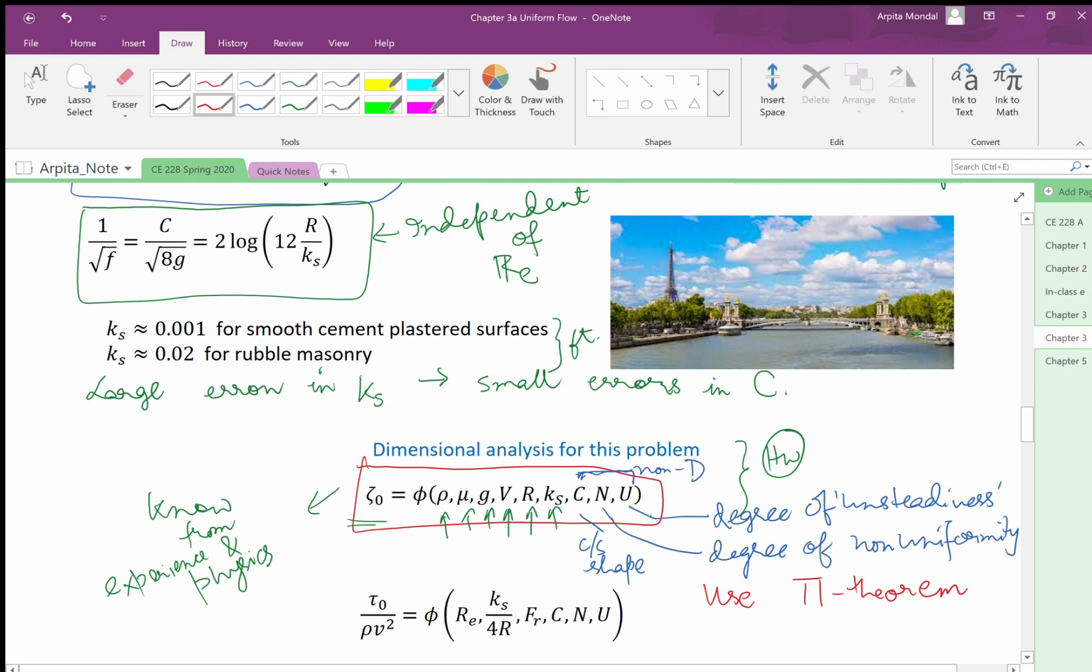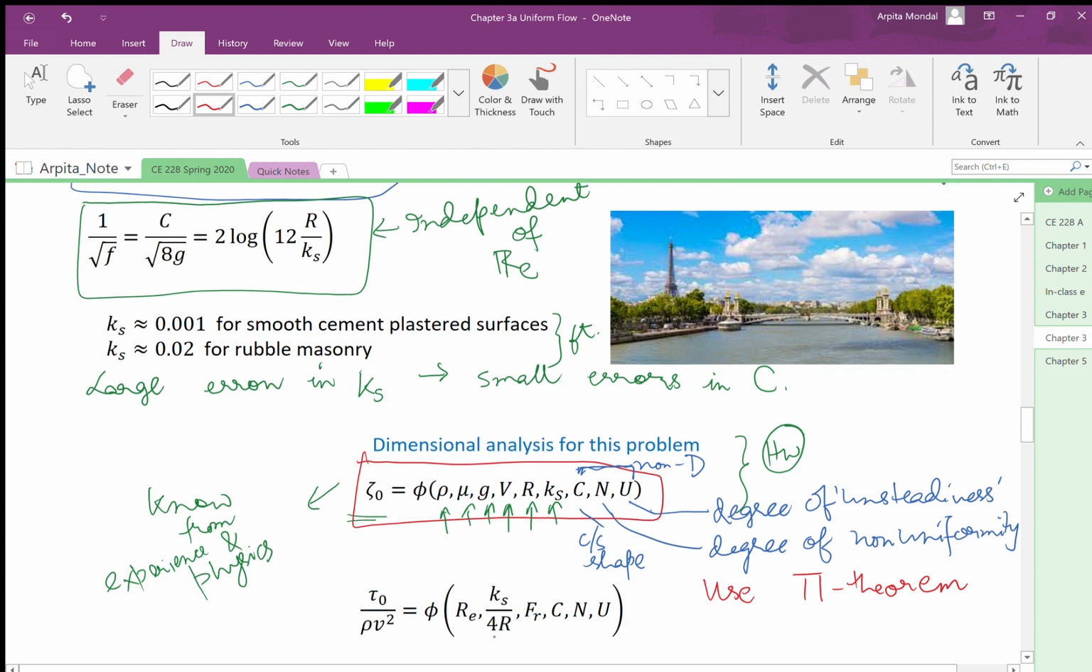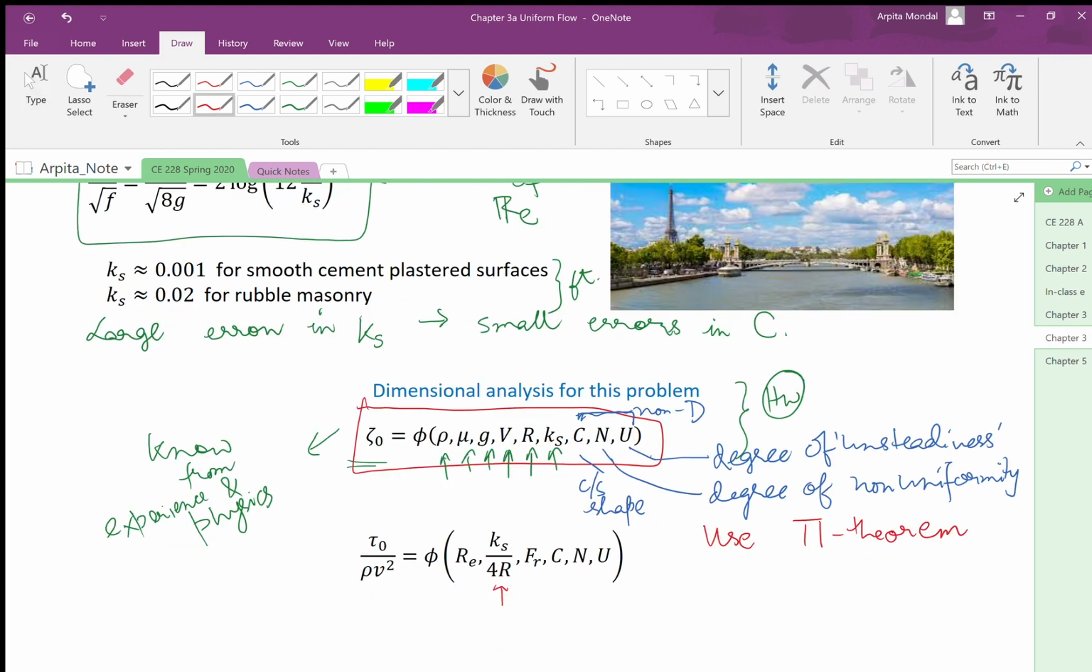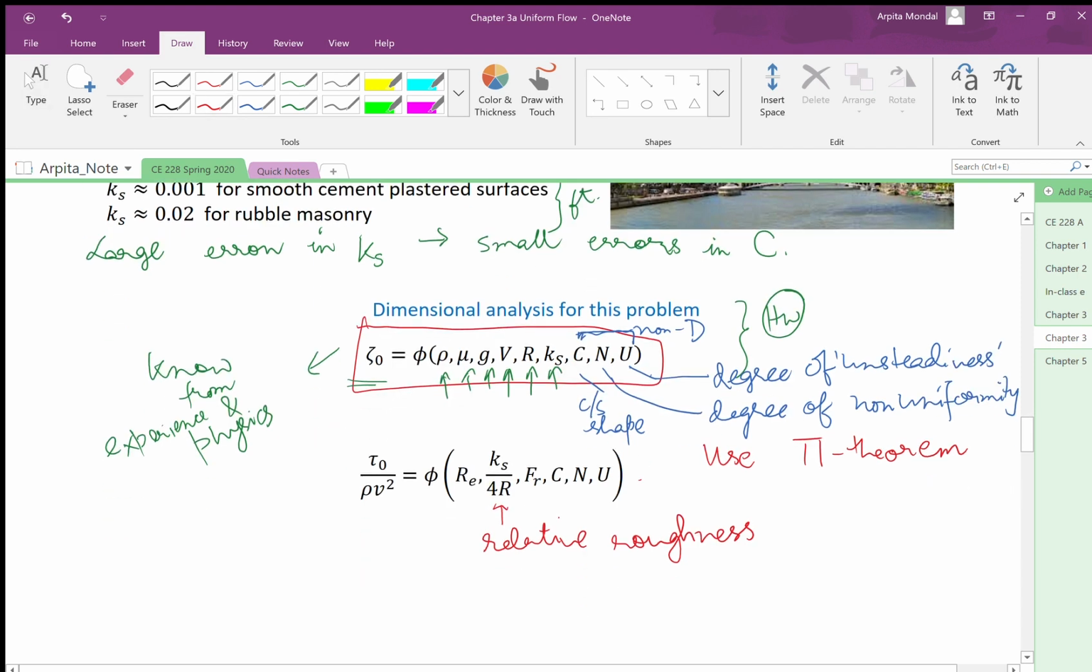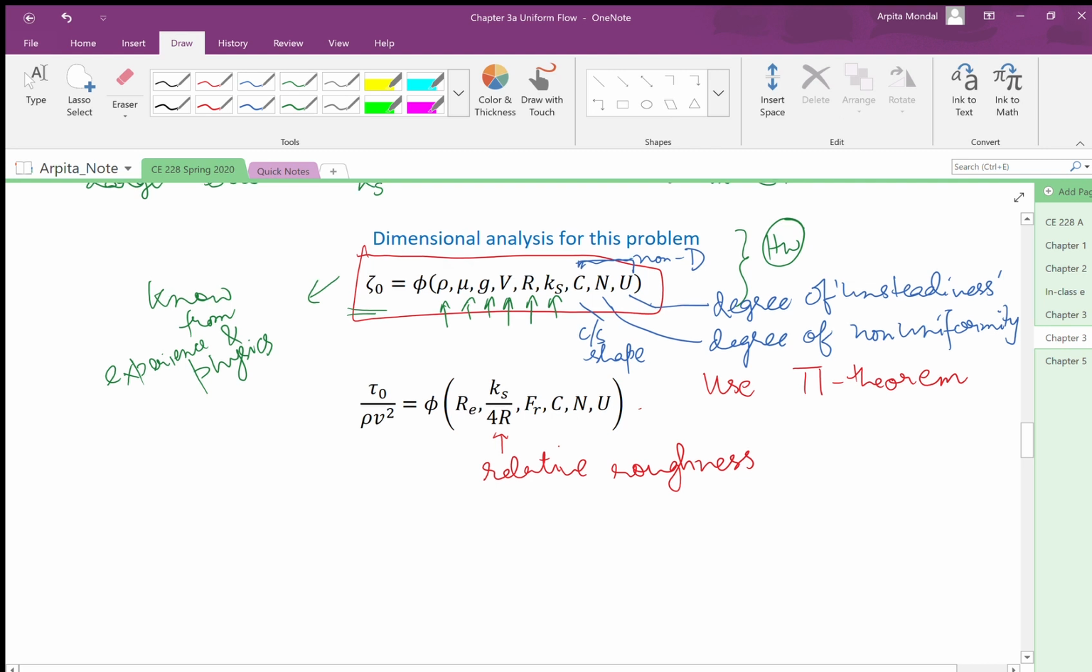tau naught by rho v square is a function of the non-dimensional terms, and when you work this out, you would find out that Reynolds number is a non-dimensional term. What's this term here? This is nothing but relative roughness for open channels. Again, the Reynolds number you will get in terms of the hydraulic radius. So this is your relative roughness, and this is Froude number, and these three are already non-dimensional terms. So what we essentially see here is tau 0 by rho v square